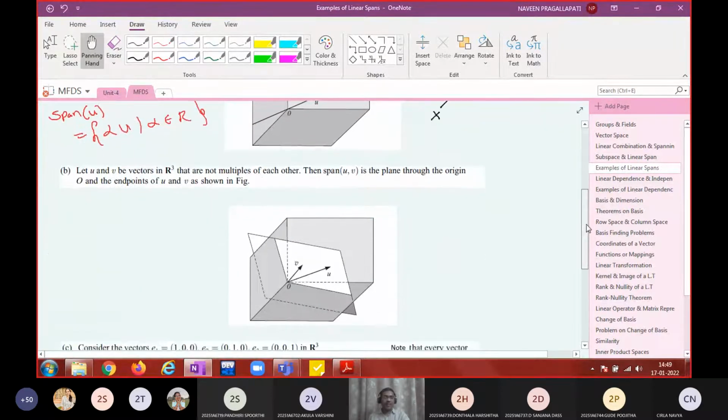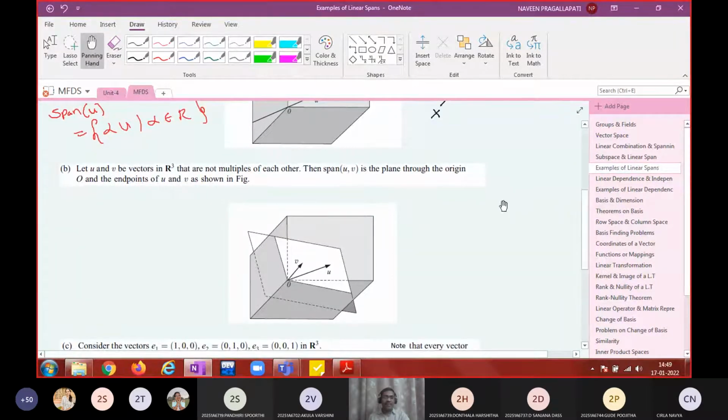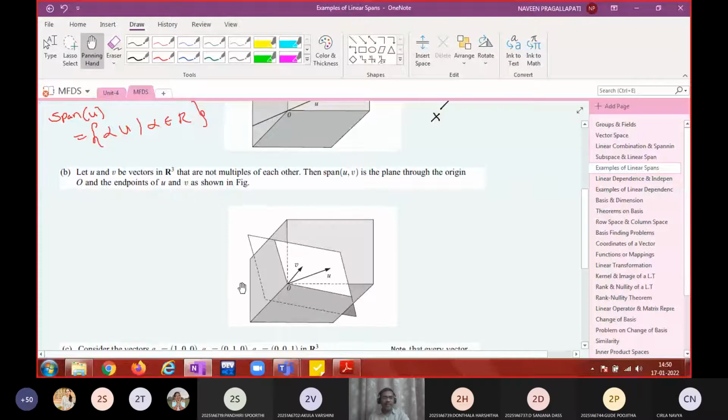And what is another subspace? Instead of one vector, you take two vectors. You take all possible linear combinations of those two vectors, and all those linear combinations form a plane. You take one vector u, you take another vector v. The linear combination is also a vector, which is going to lie on a plane containing u and v. You know this from the algebra of vectors.